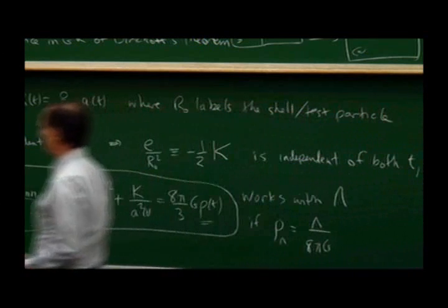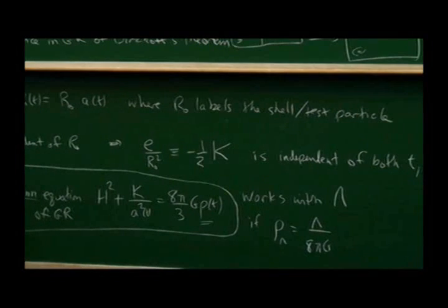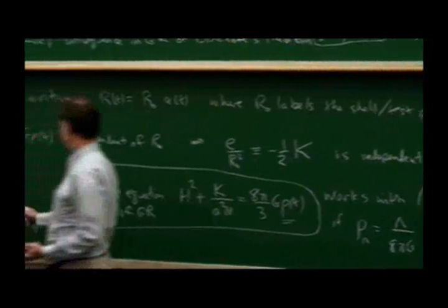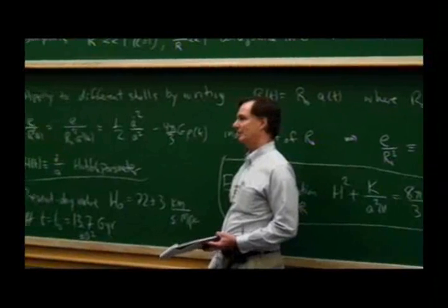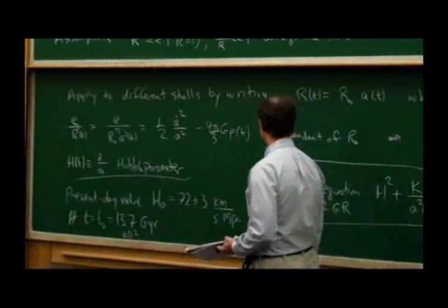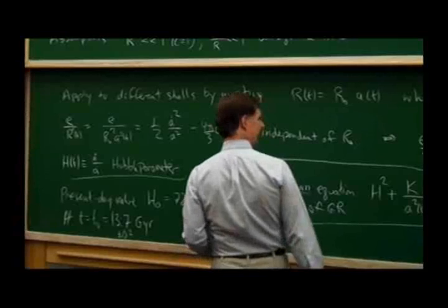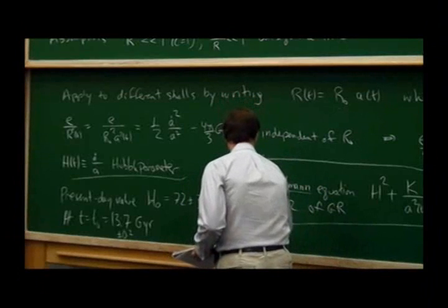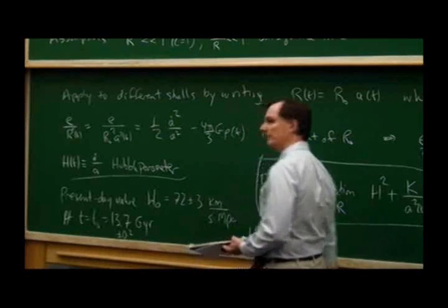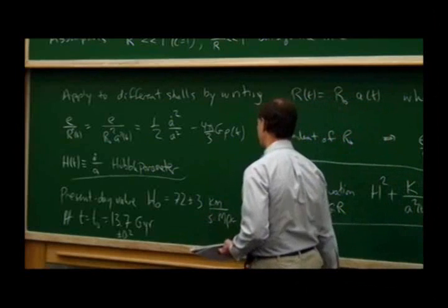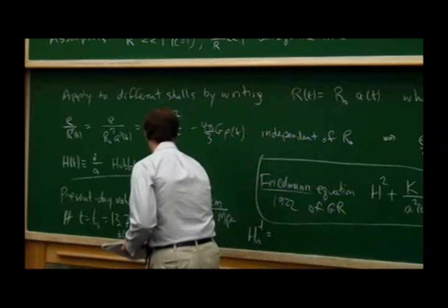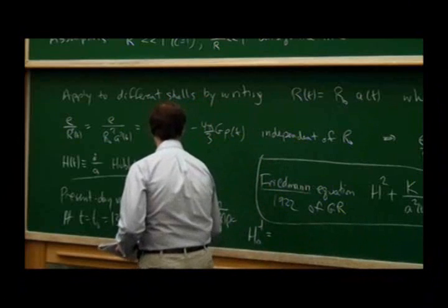I gave the numeric value of the Hubble parameter. It has units which are a little strange, velocity divided by distance. There's another way to write those units as 1 over time. And so I'm running out of room here, but at the bottom I'm going to put the value of H naught inverse, the so-called Hubble time. Oh, by the way, I have to do one other thing. When it's 72 plus or minus 3,